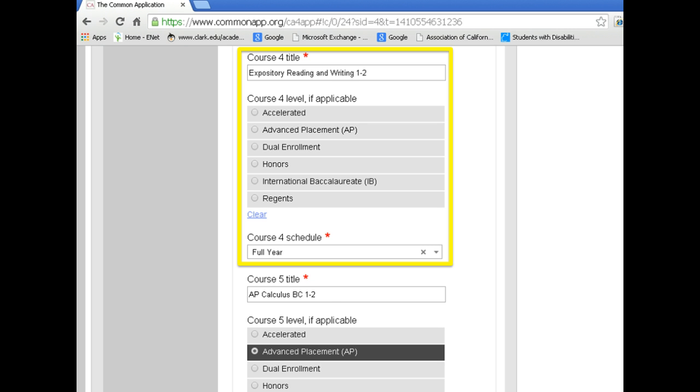For course 6, here's another example. I've entered Computer Programming 1-2. I've left the level selection area blank, and I've chosen full year for the course